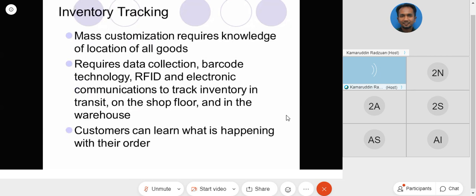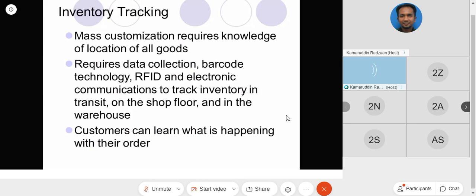Inventory tracking in the implementation of e-commerce. Mass customization requires knowledge of the location of all goods, requires data collection, barcode technology, RFID, and electronic communication to track inventory in transit on the shop floor and in the warehouse. Customers can know what is happening with their order. So in e-commerce,